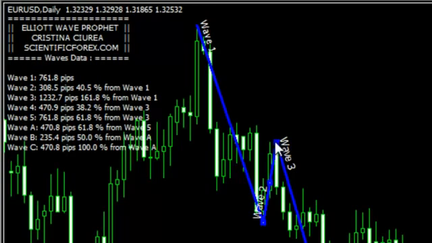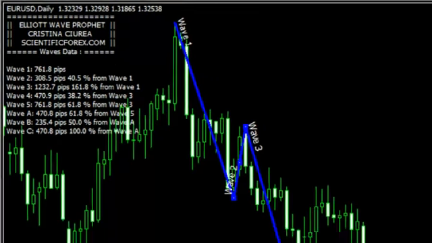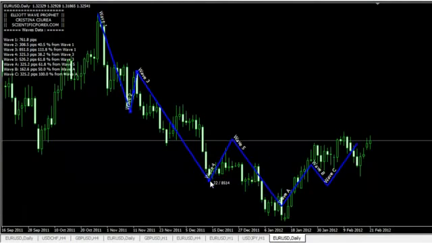I'll just adjust this wave. And we can see that it retraced 40% from wave 1. Let me adjust wave 3, which I think is here. Okay, and if we look at our chart, we can see 110%. The main rule here is that wave 3 should be the biggest of all waves. If I change wave 5,